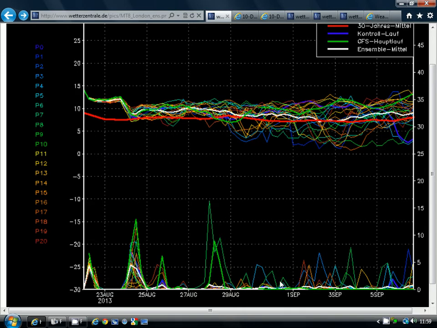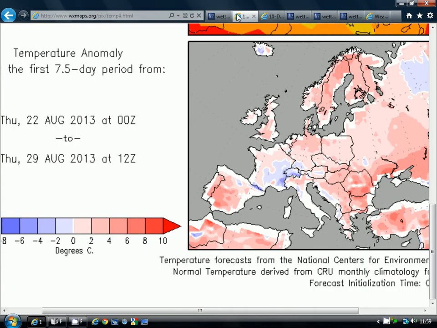There are little weather fronts coming through perhaps at times, just keeping it more gently unsettled. But there's no real indication that we're going to have a prolonged 10-day period of completely dry weather in the near future, but as I say, it won't be a total washout by any means. The temperature anomalies for the next week, the 22nd to the 29th of August, should be a bit above average.